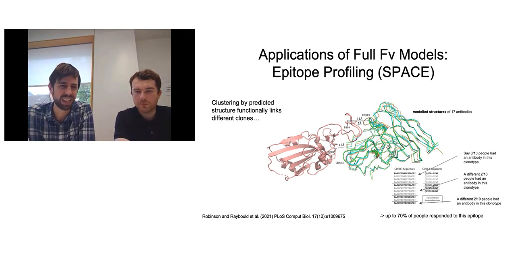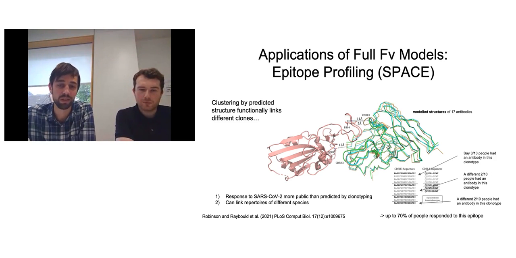So we can imagine a kind of expanded clonotype where we don't really care who had an antibody in this clonotype, 2 of 10 had one in the second clonotype, and 2 of 10 had one in the last clonotype. Fundamentally, the same antigen and specifically the same epitope. And so these are the sorts of signals we're able to draw from the data by considering what we think they look like in 3 dimensions.